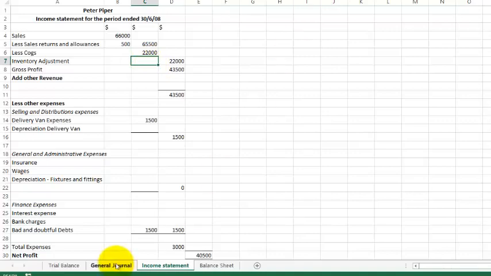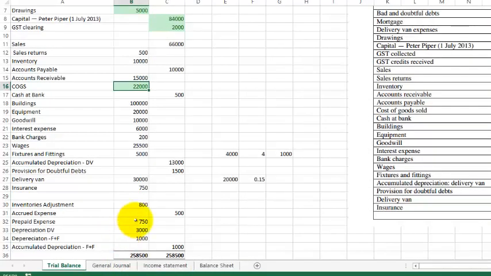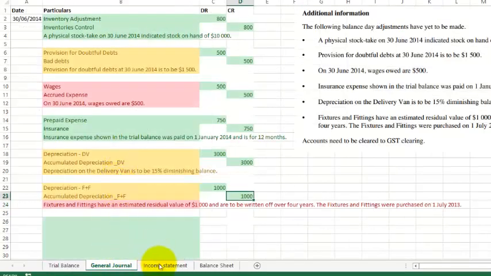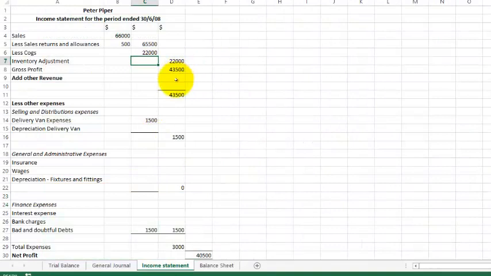The inventory adjustment is down here, remember, it's $800. It goes in here, $800. So straight away I've already got my gross profit. There's no other operating revenues in this particular example. Alright, so